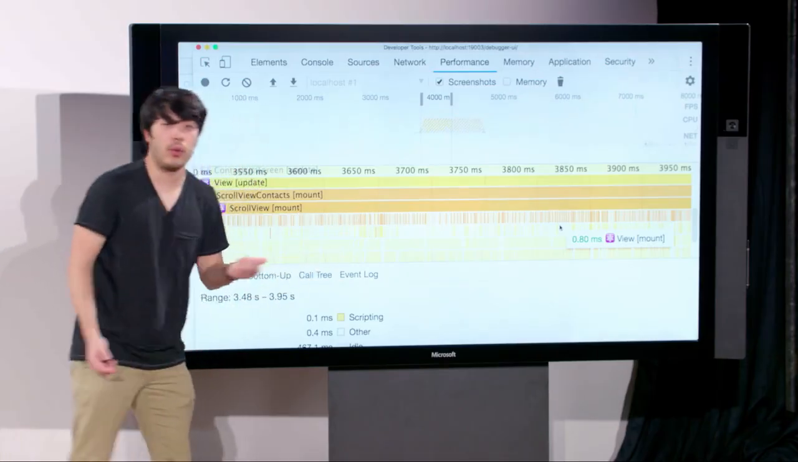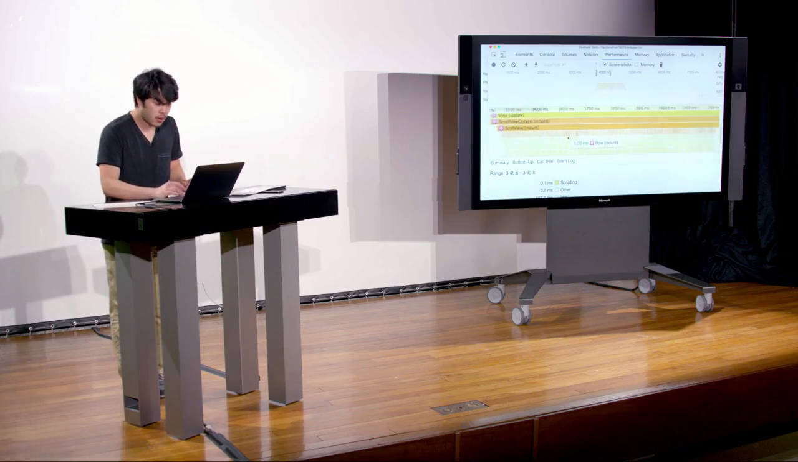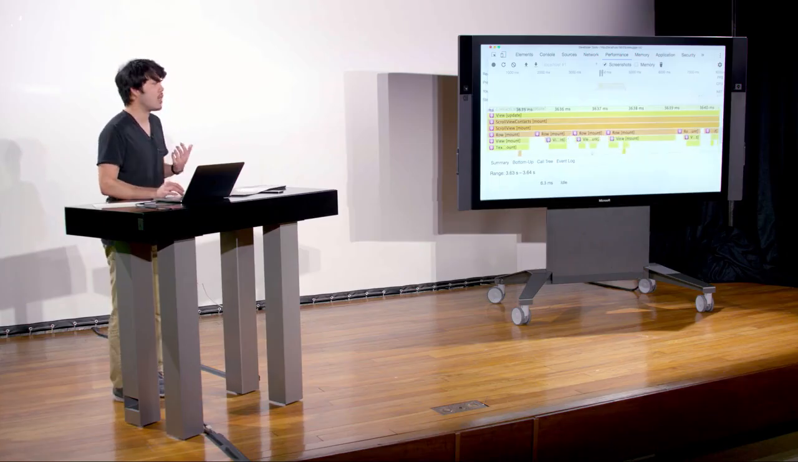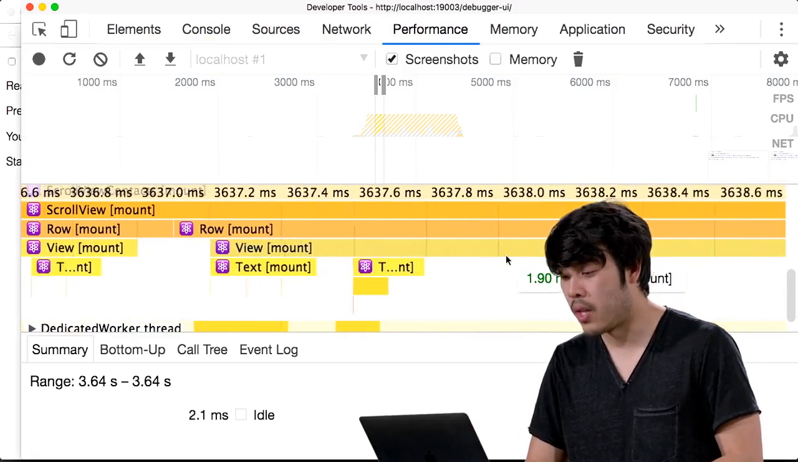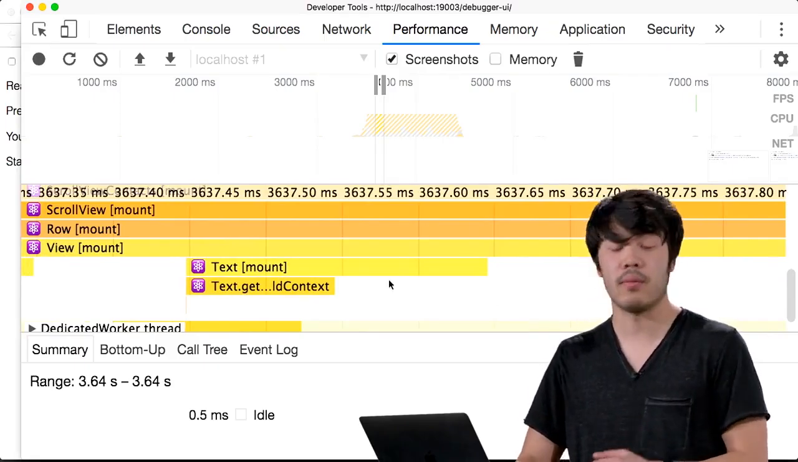And what exactly is there? Well, we can zoom in and see that we've rendered a few rows. And what happens at each row mount? Well, there's a view in there, there's some text, there's another text, and there's a text context. So we can see